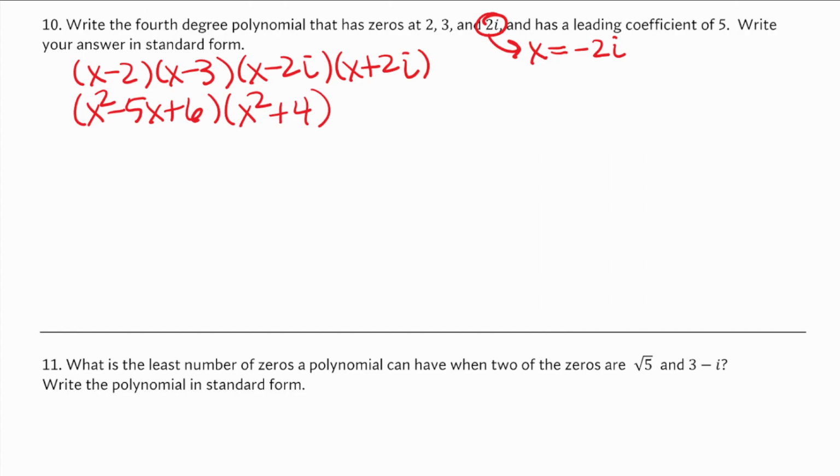But then I'm going to multiply this all together. Now, I don't think I'm going to do the box. I'm just going to distribute the x squared onto this whole thing, and then distribute the 4 onto the whole thing, kind of line everything up, and then add the way I learned how. So x squared times x squared is x to the 4, minus 5x times x squared would be x to the 3, plus 6 times x squared. And then I'm going to multiply in the 4, so it would be